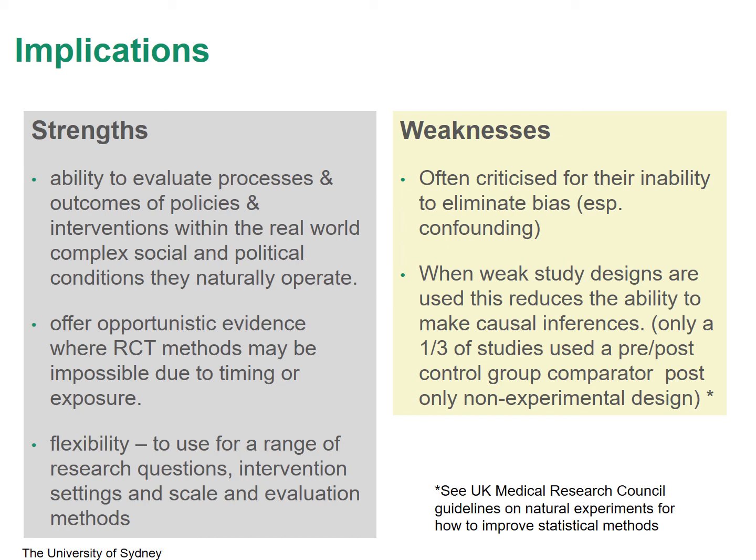What we found was that less than a third of the studies we assessed had a defined exposure and control group. And a number of studies were just post-evaluation observations. Given these studies are often opportunistic, finding an unexposed group may be difficult. And this is easier in environmental interventions where there's greater potential for the researcher to be involved in establishing baseline data points. And it's a bit harder with policy evaluation sometimes. However, some studies have used things like modelling simulations to create a control group comparator, and others used stepped wedge designs.